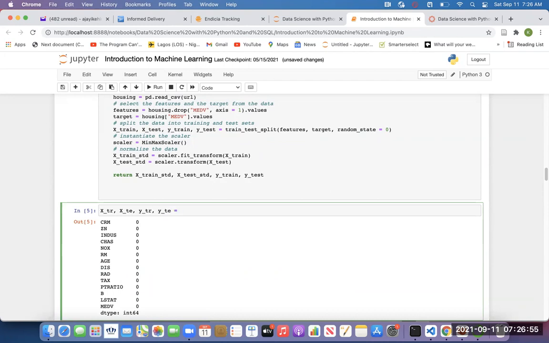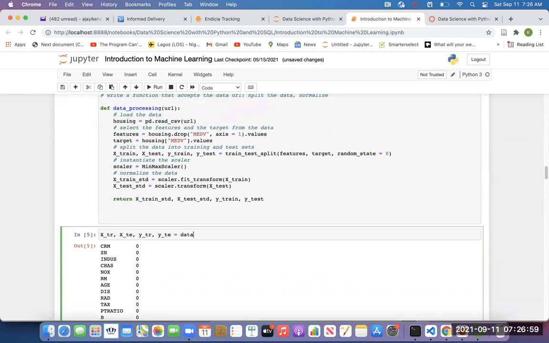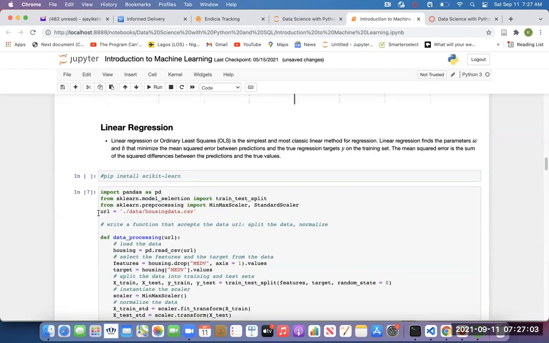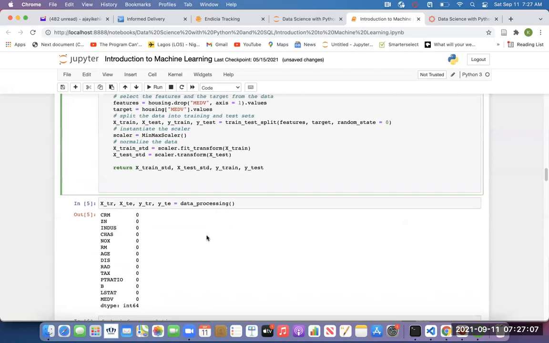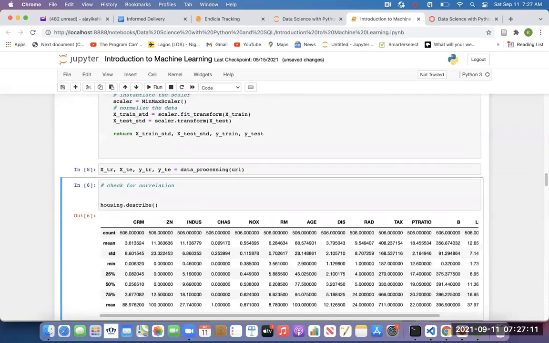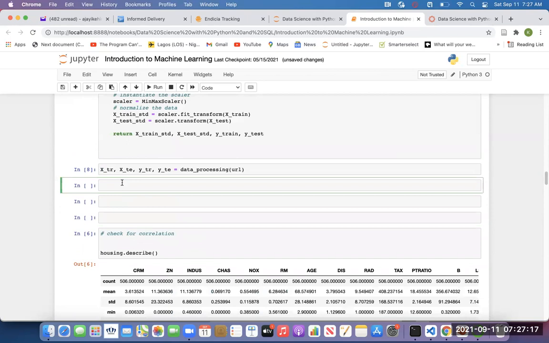It doesn't have to be the same name. So I will just call the function data processing, and then I'll pass in this URL that we've defined here. That's all. Let's see if there's any error. No error. So let's check what is in XTR. Let's check the shape.